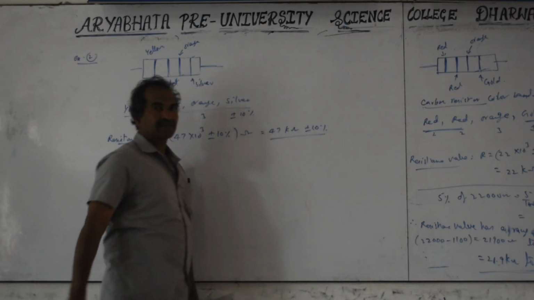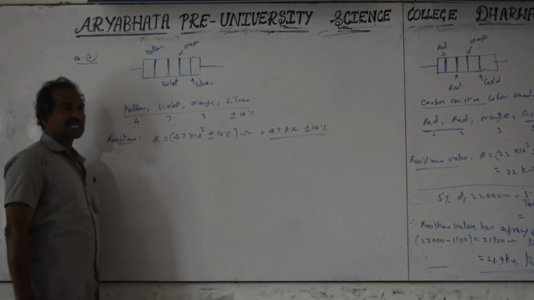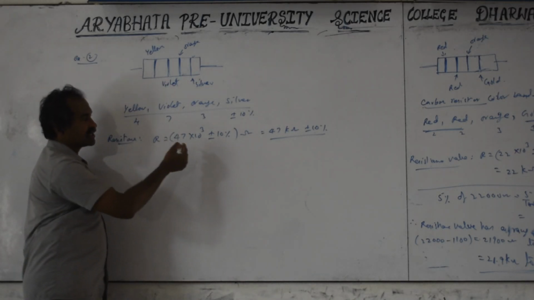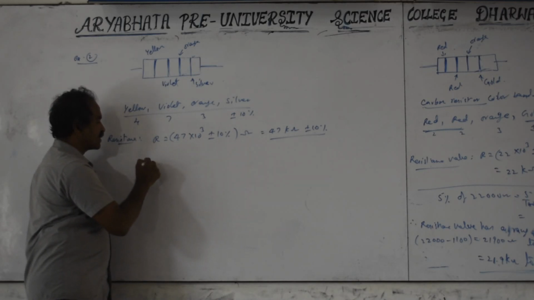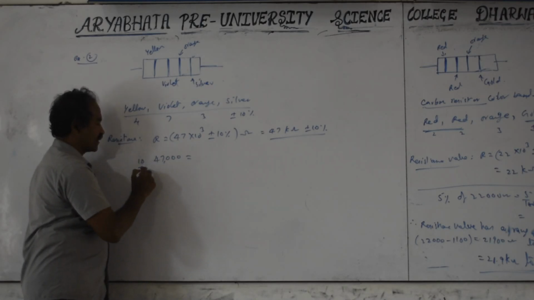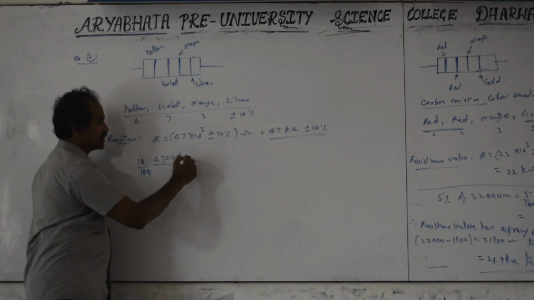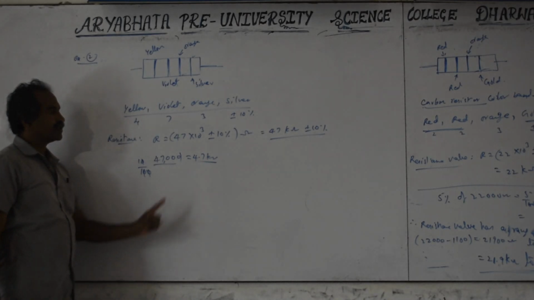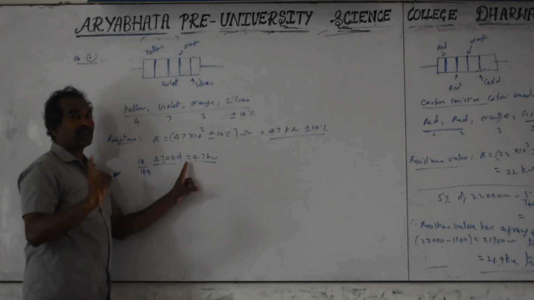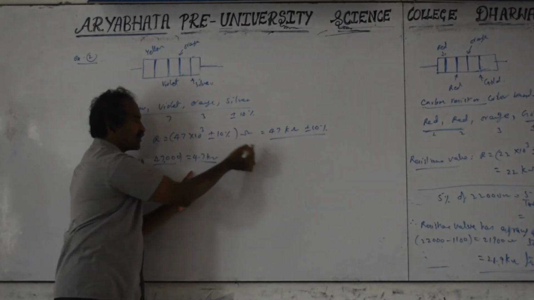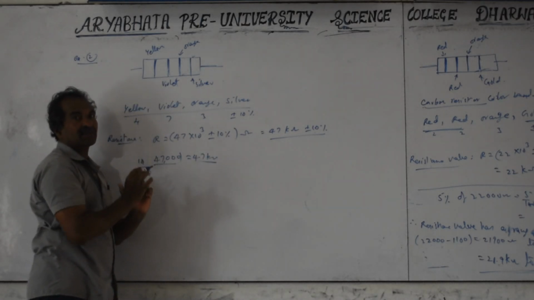There is a limit. 10% means how much value; generally they don't ask the range. Till now they didn't ask, but you should have an idea. 10% of 47 kilo ohms is 10% of 47,000 ohms, that is 10 by 100 into 47,000, which is 4.7 kilo ohms. In 47 kilo ohms, there is an error of 4.7 kilo ohms. That means the value can be between 47 minus 4.7 to 47 plus 4.7. That is the range of the resistance value.